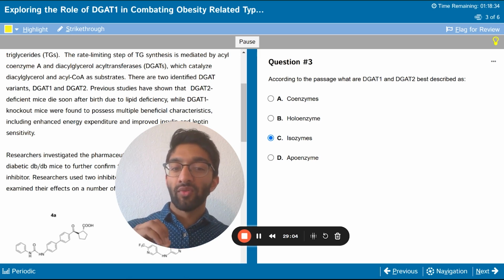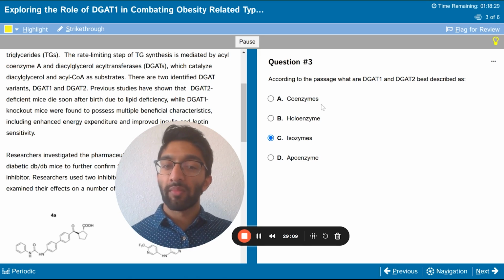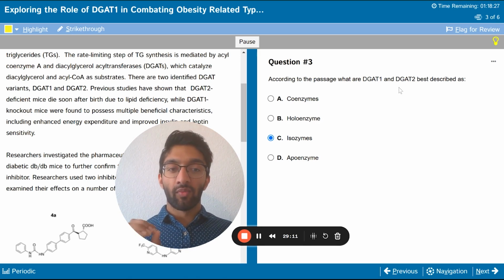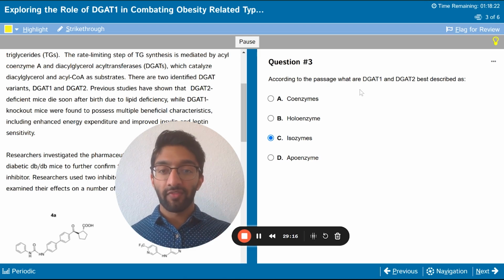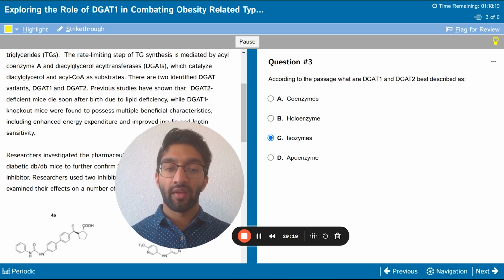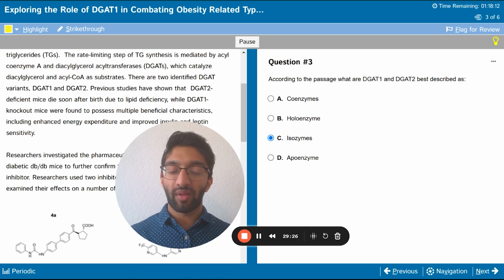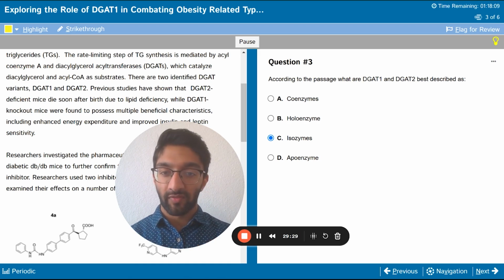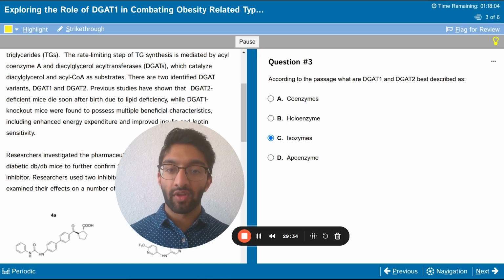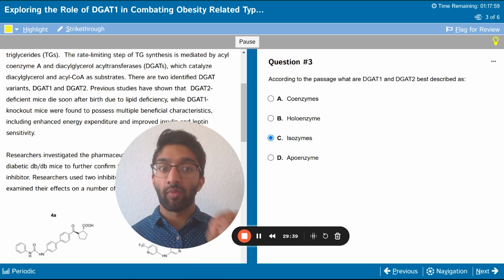You could try to justify holoenzyme or justify apoenzyme. It's probably not coenzyme, but isozyme is more of a textbook definition. And just to be safe, you want to pick that sort of option rather than trying to go into the nuance and be 100% sure that they're both isozymes, but they're also apoenzymes and so on. They wouldn't give such a specific example if they didn't want you to pick the more specific answer choice, right? So when in doubt, if you have to pick something broad or something more specific, are you sure that the specific example does apply here?